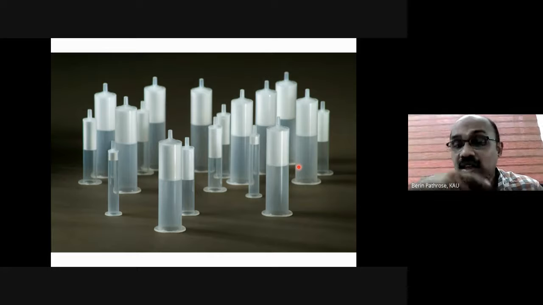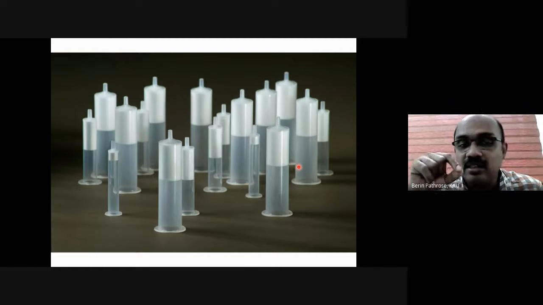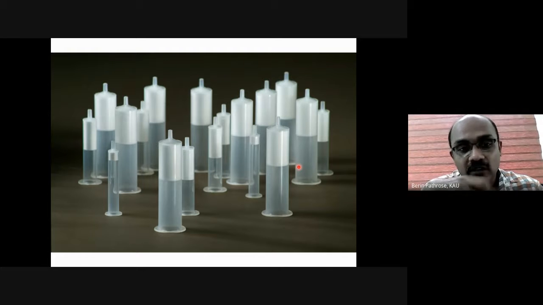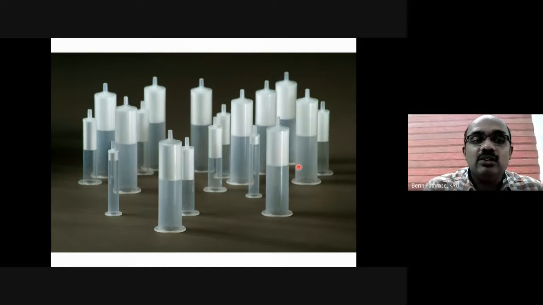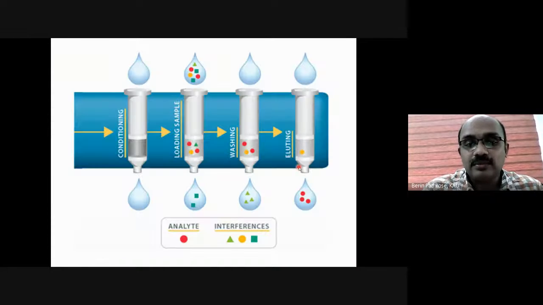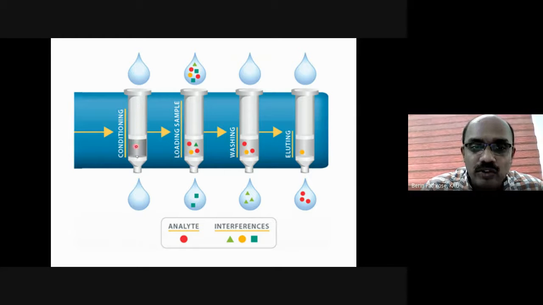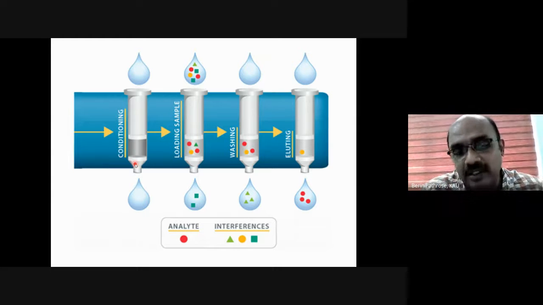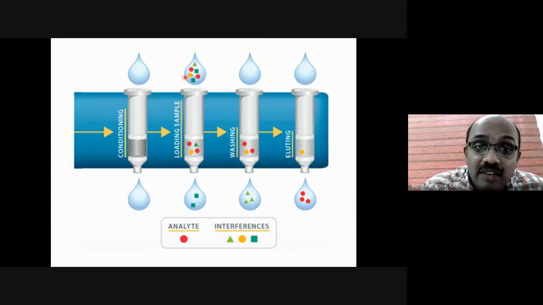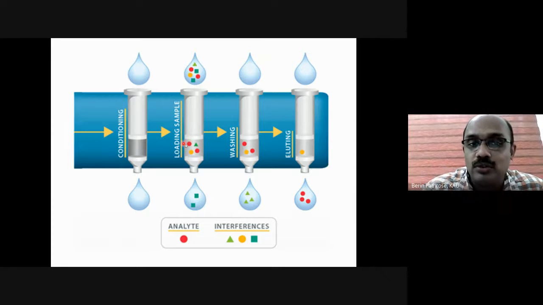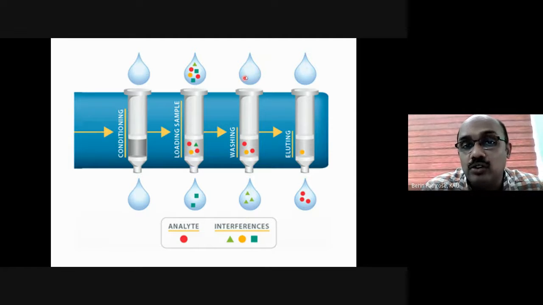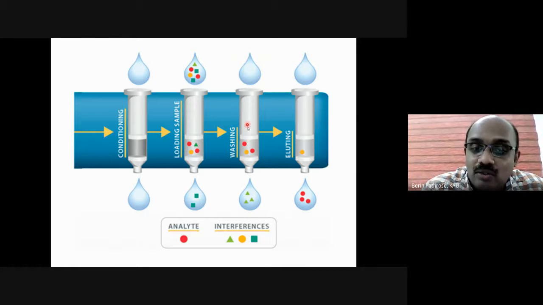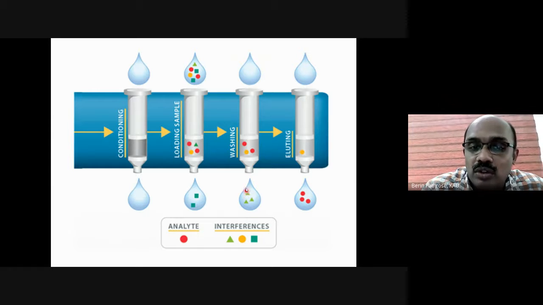It will be pre-filled with that stationary phase, alumina or Florisil. We don't need to fill it again. So what we will do is, first we will add solvent into it, just in order to wet that stationary phase. Then we will add the sample to the top. So the sample is at the top. Then we will add solvent, slowly, drop by drop, and the solvent will separate out the compounds.